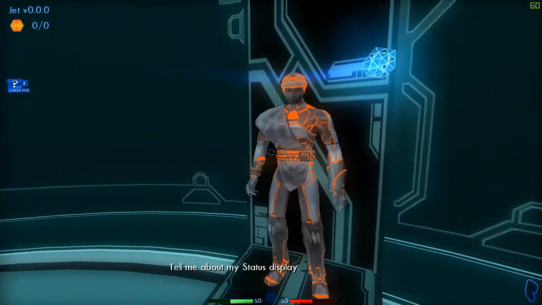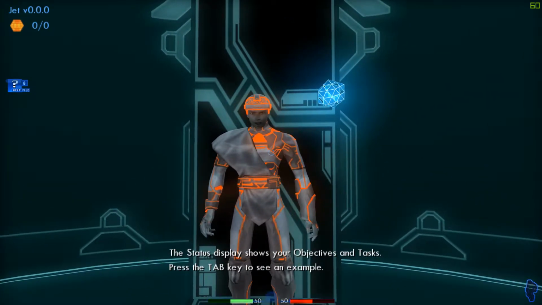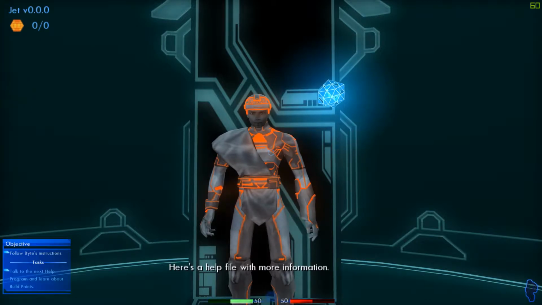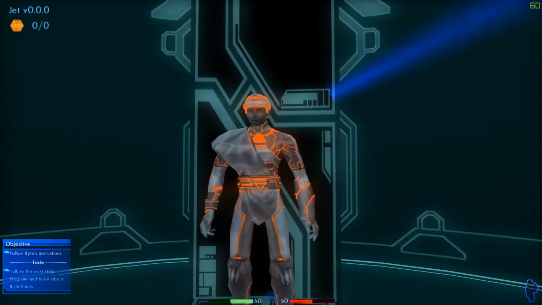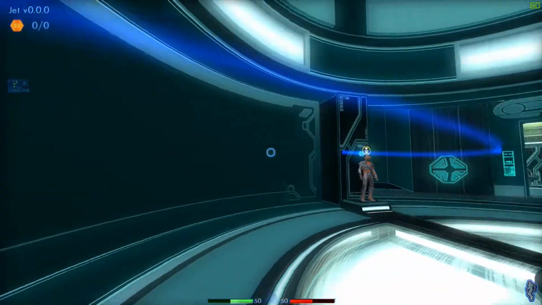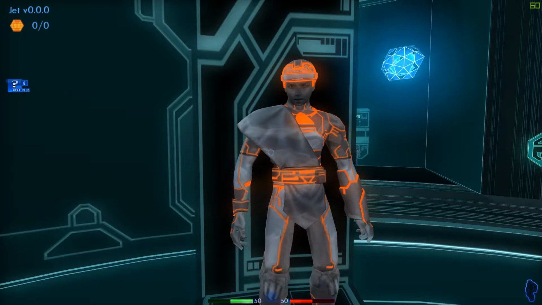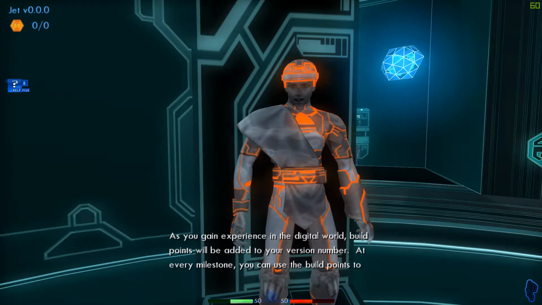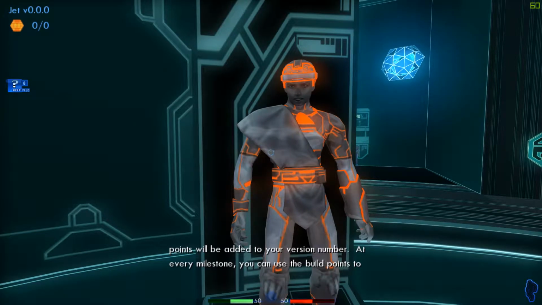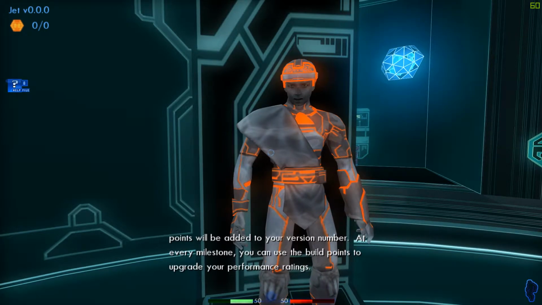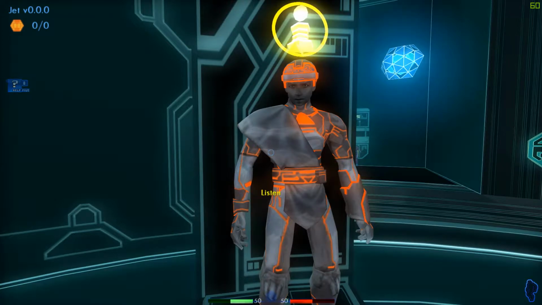Tell me about my status display. The status display shows your objectives and tasks. Press the Tab key to see an example. Here's a help file with more information. Tell me about build points. As you gain experience in the digital world, build points will be added to your version number. At every milestone, you can use the build points to upgrade your performance ratings.